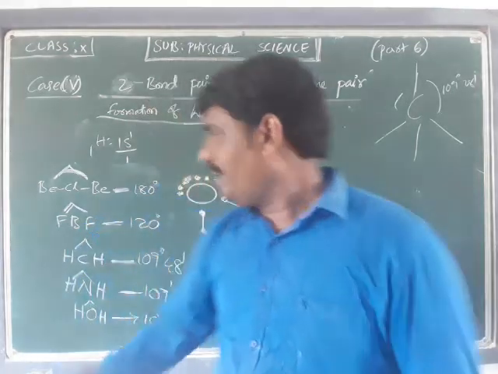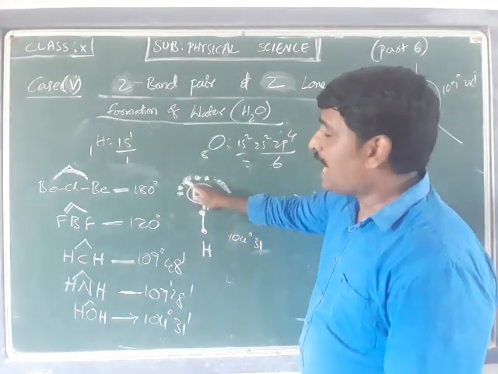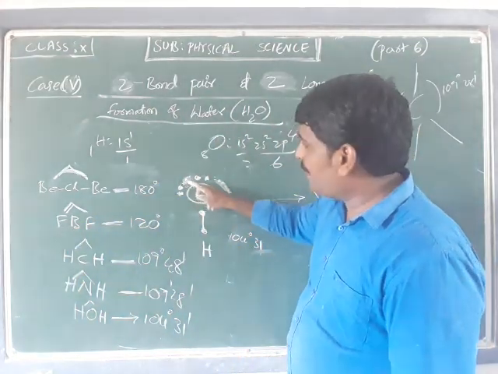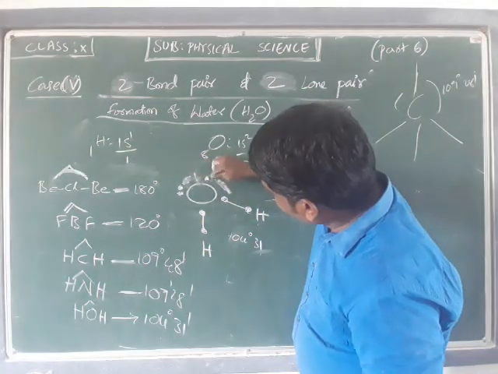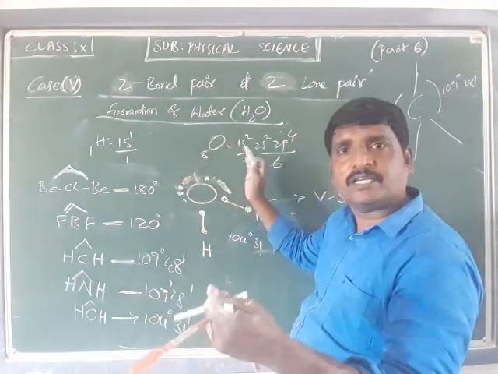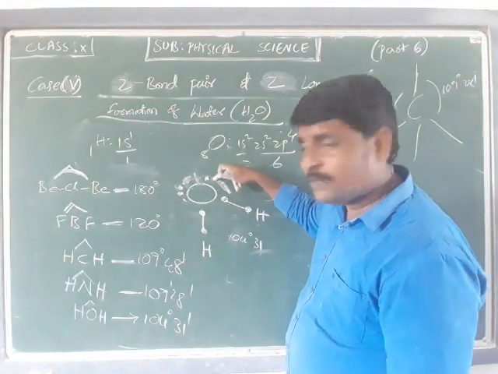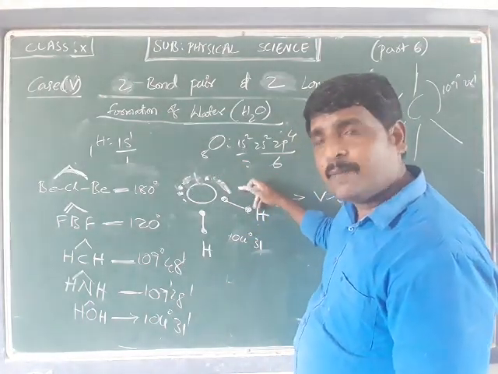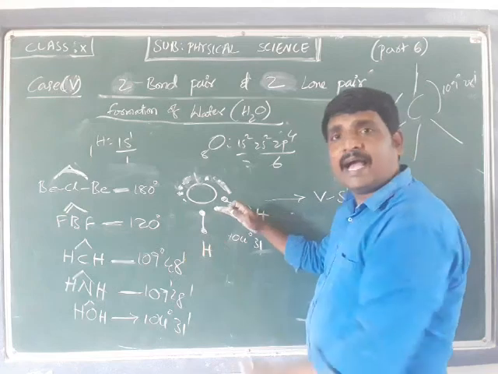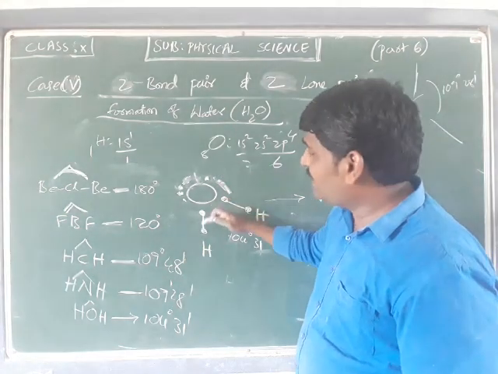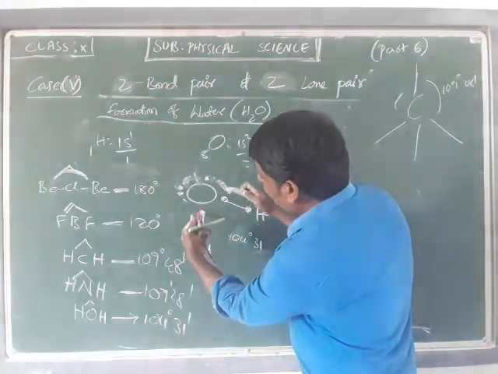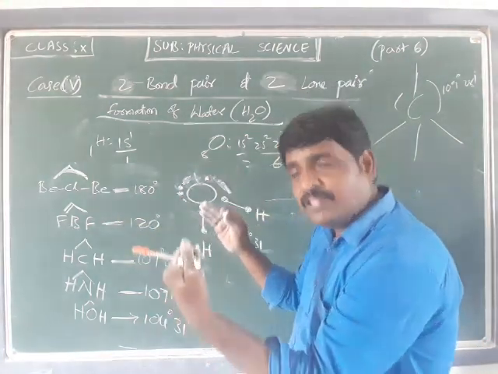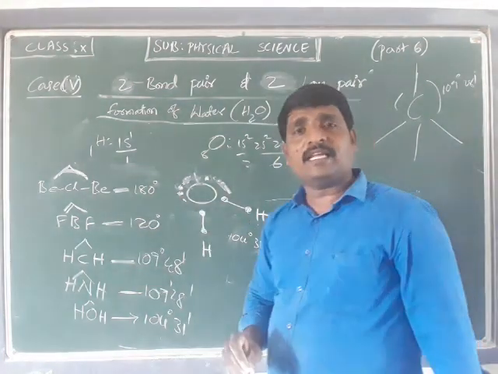These are different bond angles because the lone pair and lone pair repulsion is more, so they repel. Instead of being here, they will come up to here, for example. They repel each other, and there is a repulsion between lone pair and bond pair, even more repulsion. So as the repulsion is more, the bond pair is lesser compared to this repulsion. Instead of being here as expected, it will shrink and it will attain 104 degrees 31 minutes.